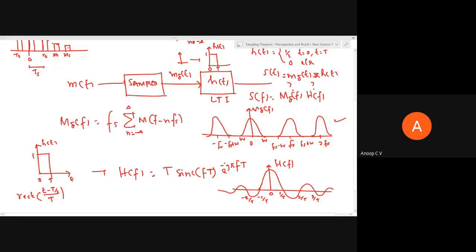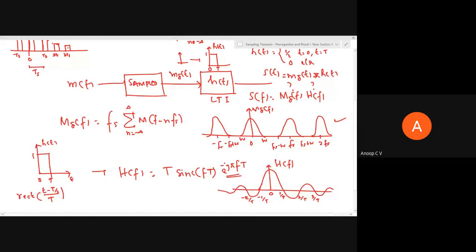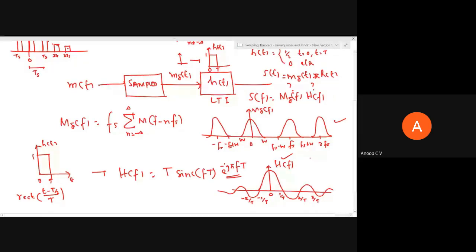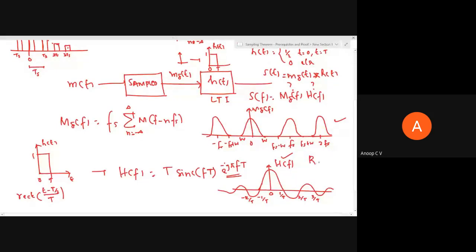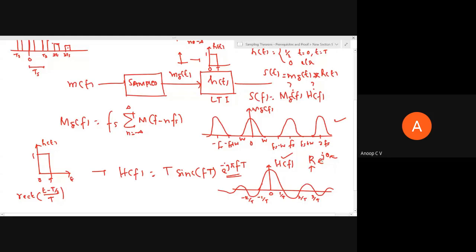And if you are representing it as a function of f, I can't actually show the contribution of this. So normally a Fourier transform or a spectrum of a signal, we won't draw it as such. This spectrum will be a complex quantity. A complex quantity means it will have a magnitude and a phase. If you are writing it in polar form, r is nothing but its magnitude, and the phase or argument is whatever is coming along with e power j. That is actually the phase.